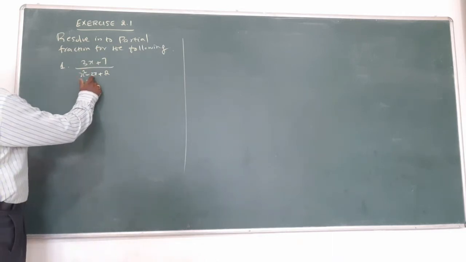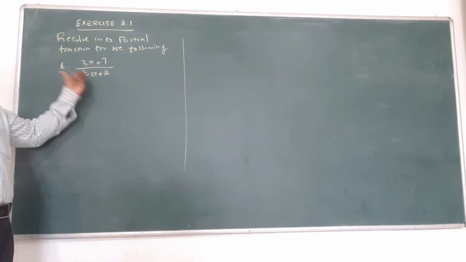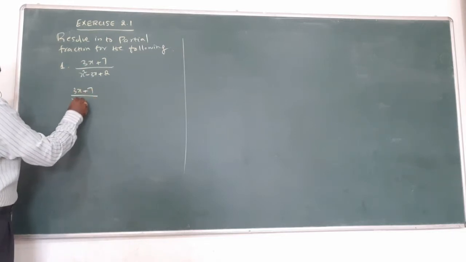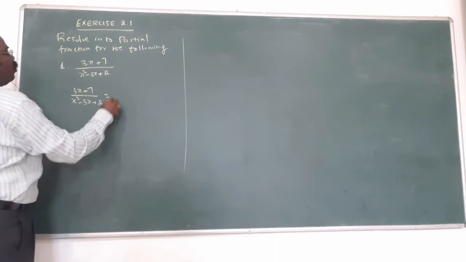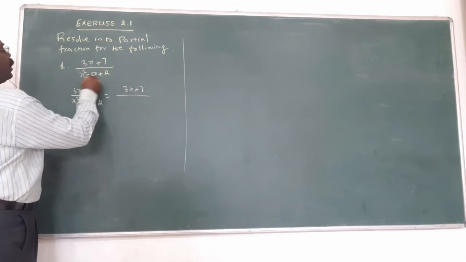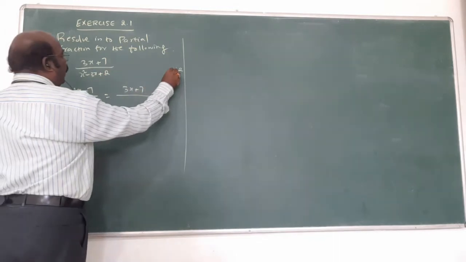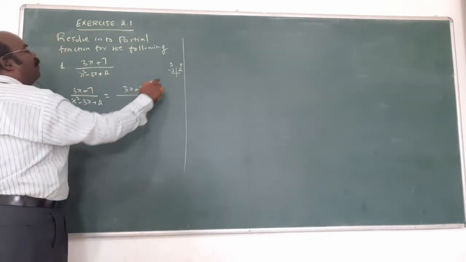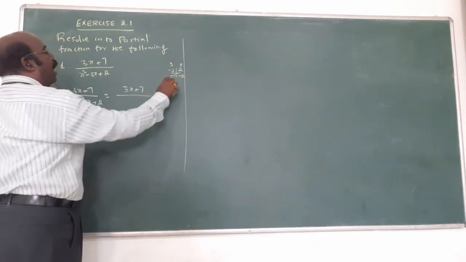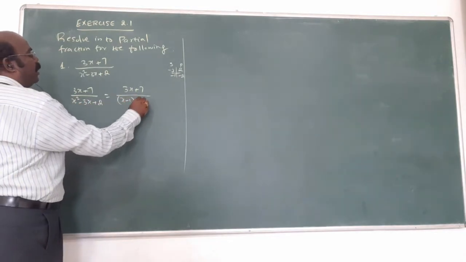The denominator has a quadratic equation. A quadratic equation means one formula; a linear factor means one formula. That's why it is very, very important to factorize if possible. Write the question: it equals (3x+7) divided by x²-3x+2. What is this actually? The product of two numbers is 2 and the sum is -3. What are the numbers? Minus 1 and minus 2. Multiplying both, we get 2. Adding both, minus 3. That's why the factorization of this is (x-1)(x-2).